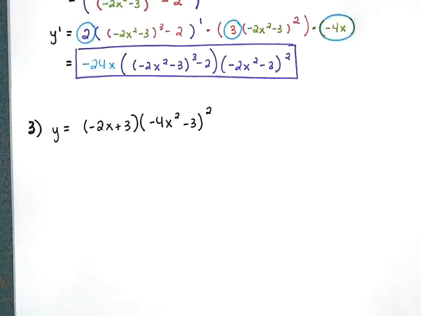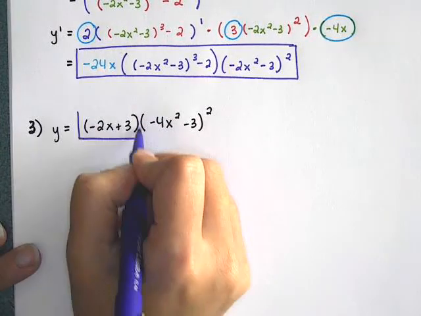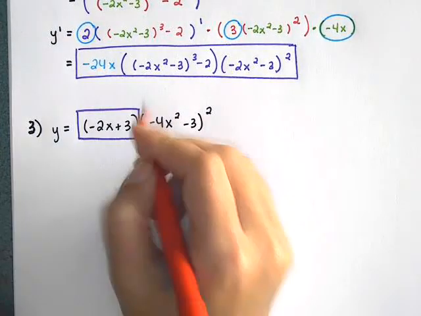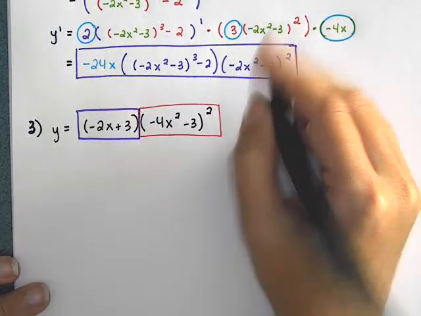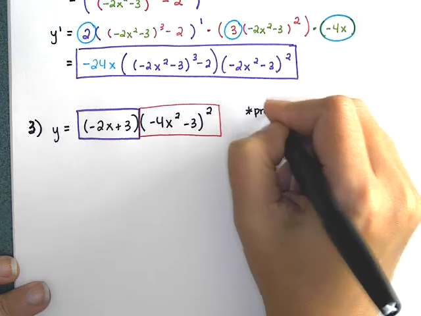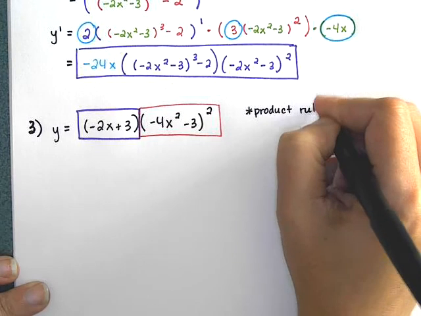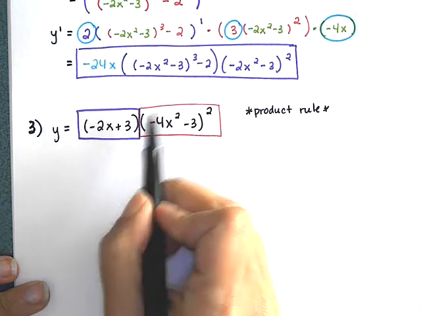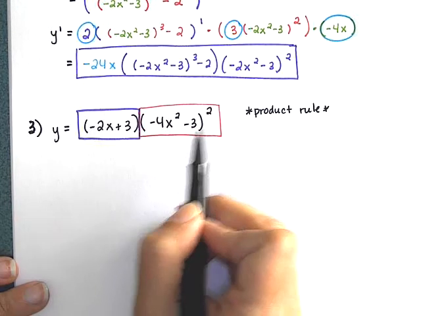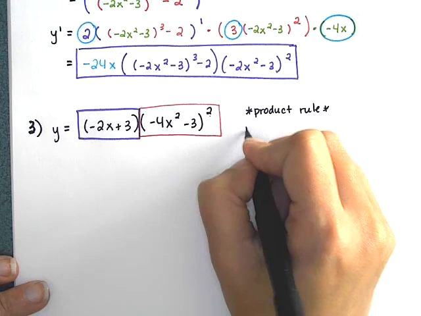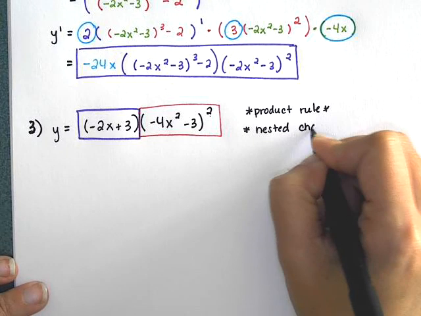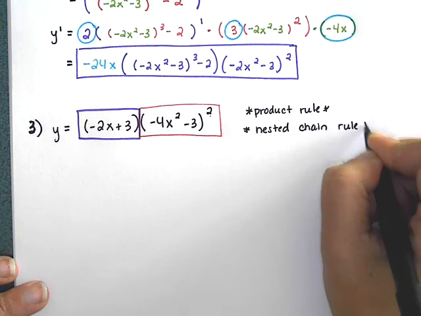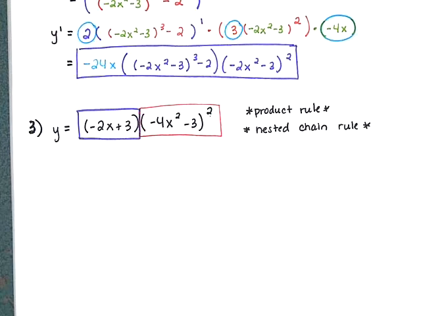Now right away I can see that this is a product of 2 functions. I've got this first function here, and I've got the second function here. In order to take the derivative, I'm going to need to use product rule. But I notice that as part of this function, the red one, I've got an outside and I've got an inside. So we usually call that nested chain rule, meaning it's chain rule as one step of a bigger rule,